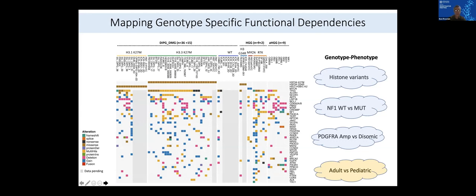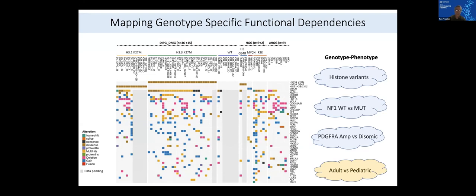And just to illustrate, I'm showing here an oncoplot of the high-grade gliomas that are in our collections. And you can see it really spans the different histone variants, H3.1, H3.3. We have wild-type gliomas. We have the G34R variants along with different molecular defined subclasses. And this allows us then to begin to look across these different subtypes and ask which drugs